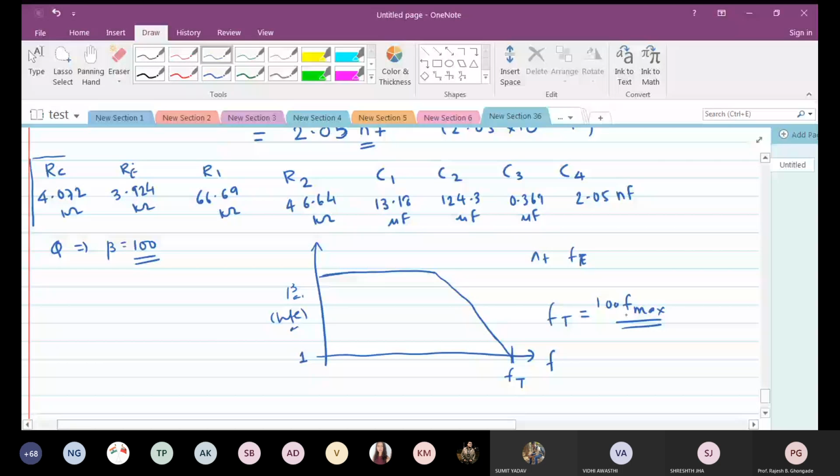All right. So this is called the transition frequency, where the beta becomes equal to 1, and it ceases to work as an amplifier. Current amplification is 1. There is no amplification. So transistors are also affected by the frequency. High frequency behavior of the transistor you will learn in the fourth semester when you go for the subject called AEC, Applied Electronic Circuits.